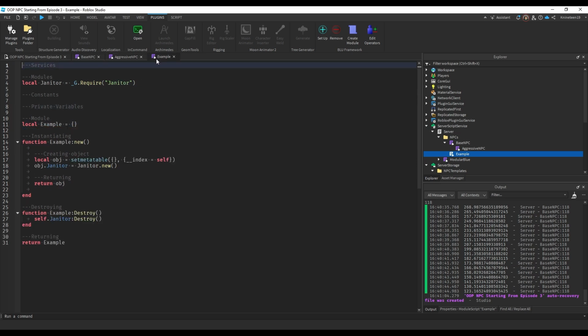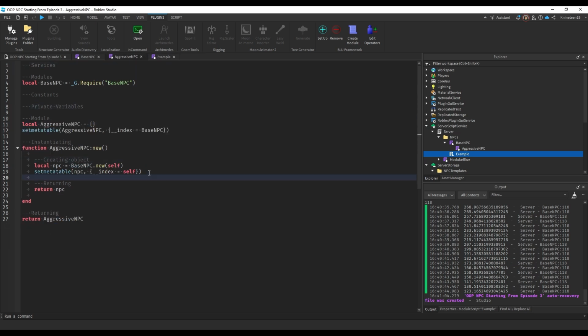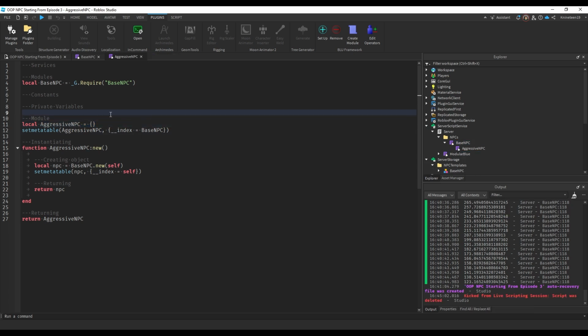And the cool thing about this is that it makes this really useful. And this is basically how the inheritance works. So we create this new table for this aggressive NPC module. I'm going to get rid of this example because we don't need that. And so it creates this new table,